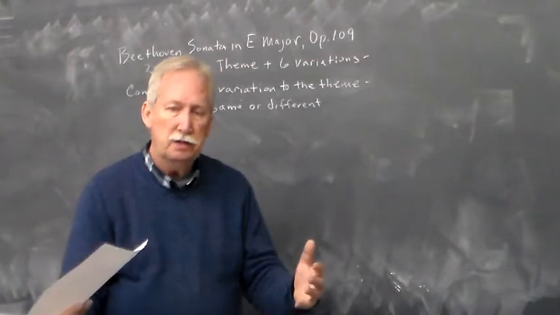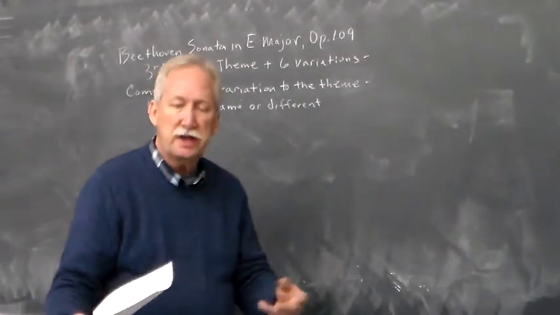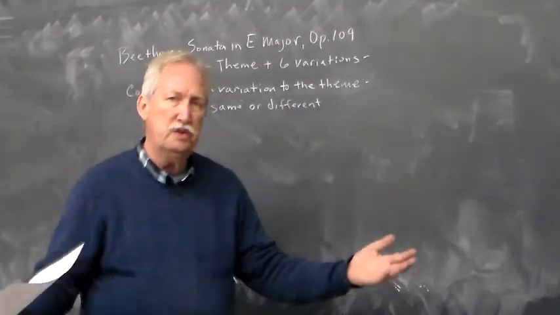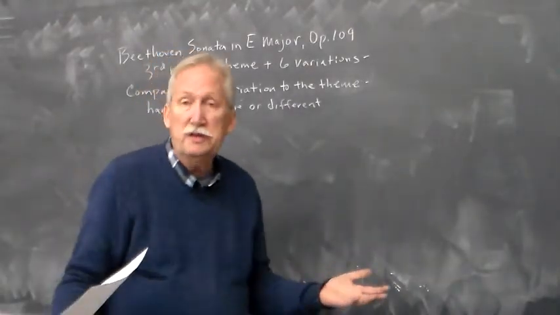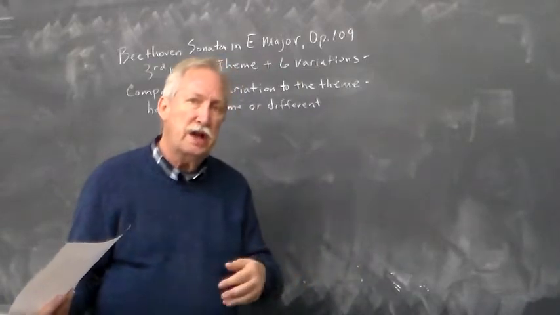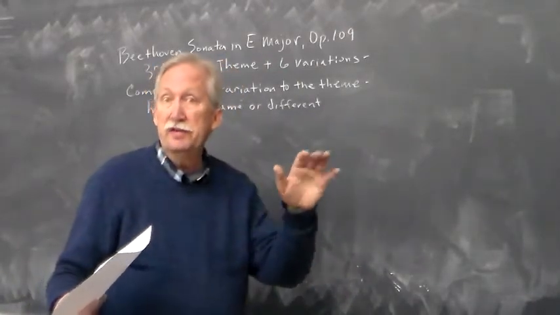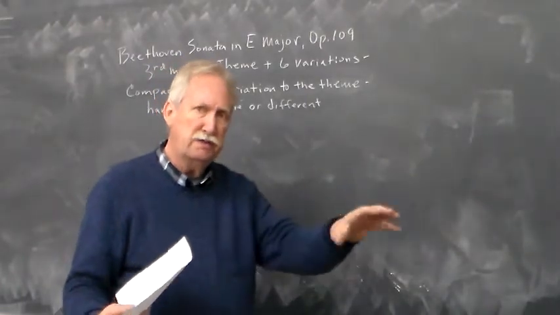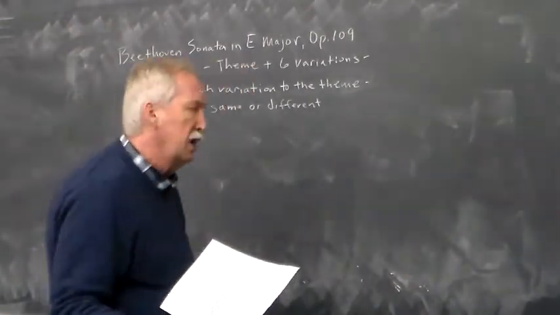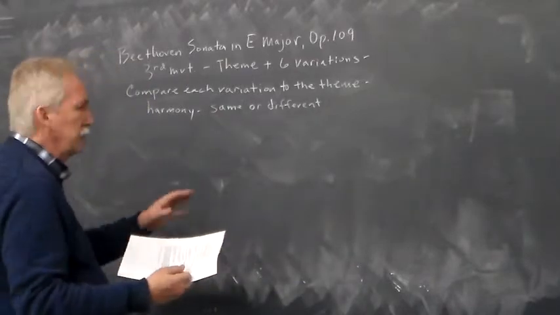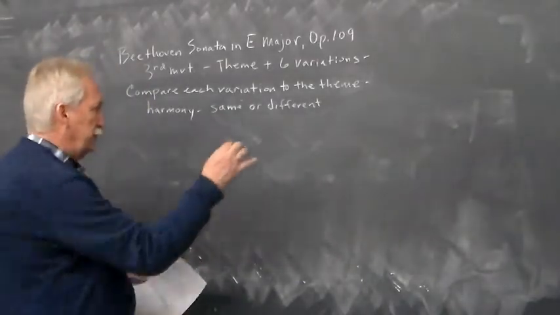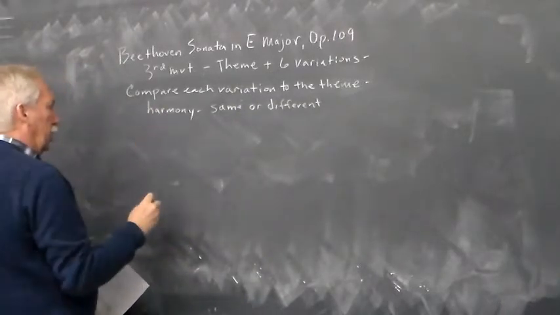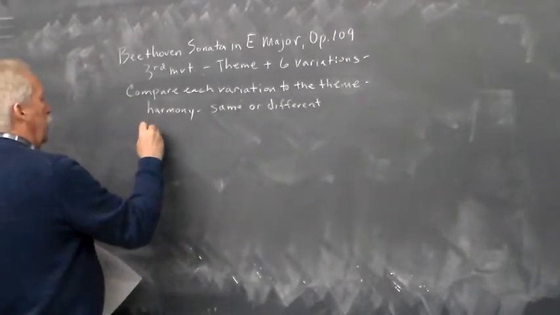group several variations together. Like you might have 3 or 4 variations. If it's the bigger movement that maybe has, say, 20 variations in total, it can start out with that animation of the rhythm at the beginning, like we saw with Mozart. It can carry that even to more variations. But that's what you're basically trying to do. What's the same as the theme? What's different? So, harmony, and then